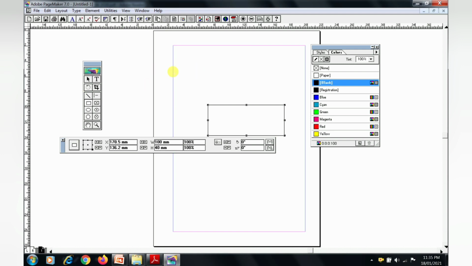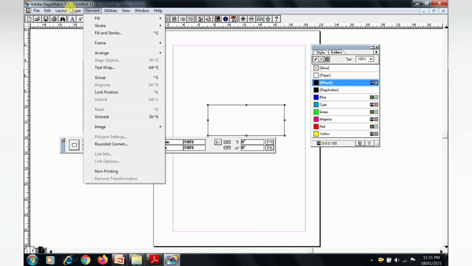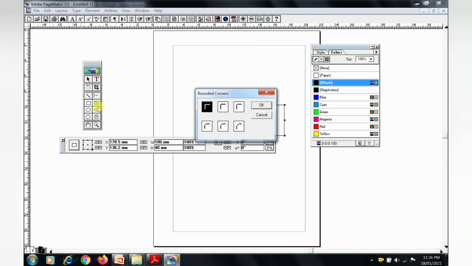Then seventh point, choose the element and then select rounded corners from the menu bar. Go to the menu bar, select the element option and then select rounded corners. In this rounded corners dialog, we can select any one of the styles. I select this one and click OK.